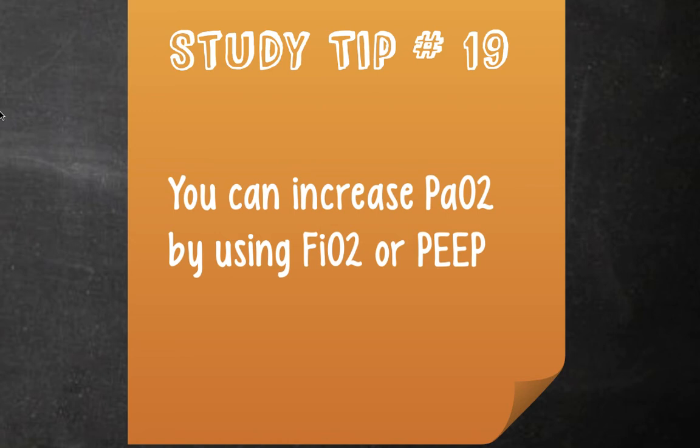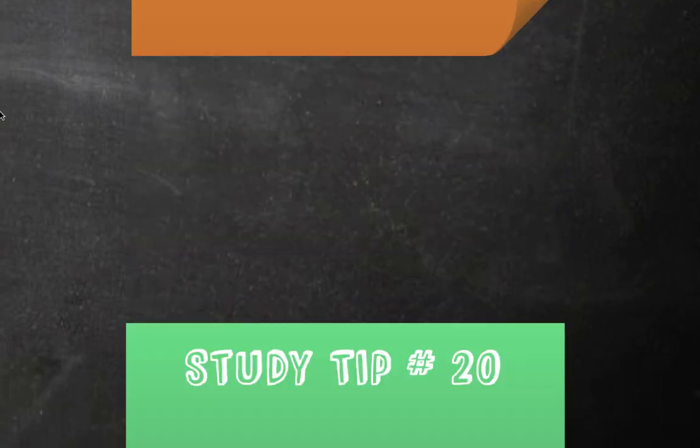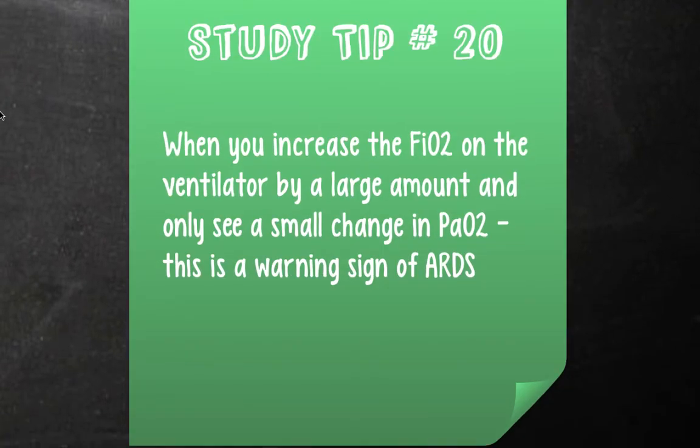Tip number 19. You can increase PaO2 by using FiO2 or PEEP. Tip number 20. When you increase the FiO2 on the ventilator, a small change in behavior is a warning sign of